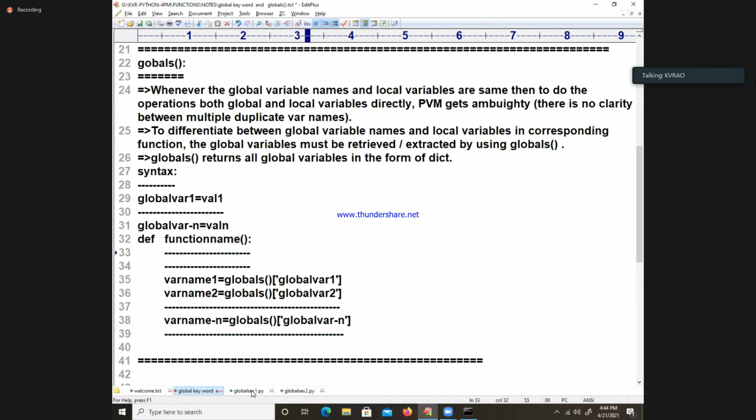Write down a Python program which will perform the operations on global and local variables.